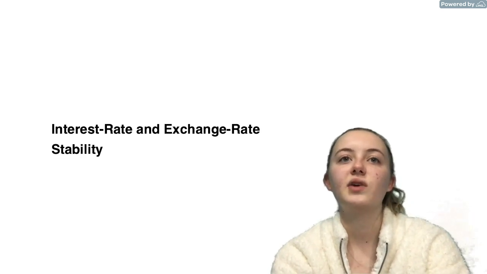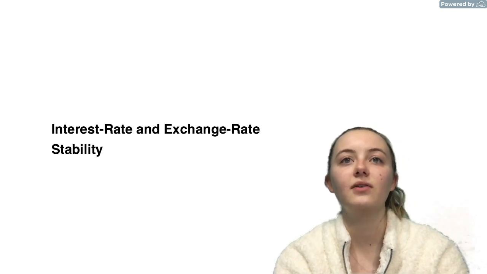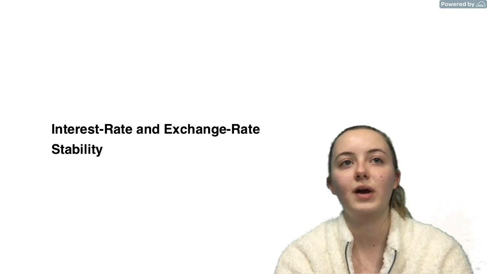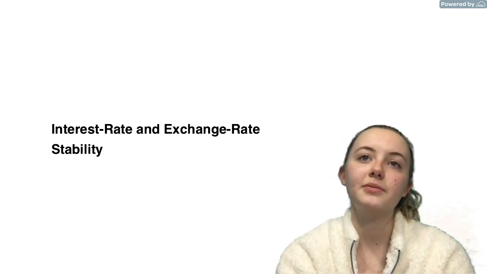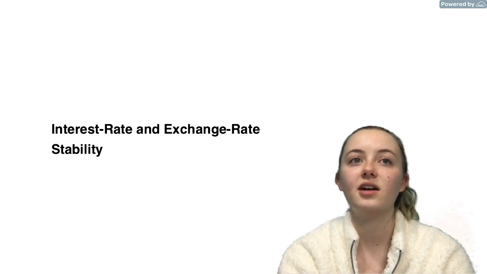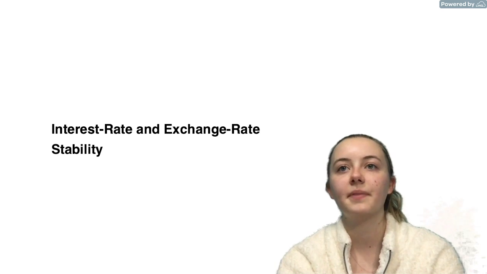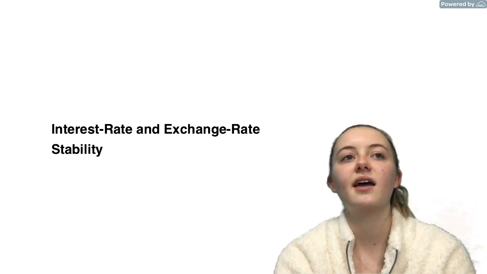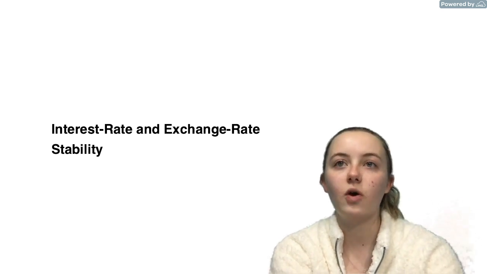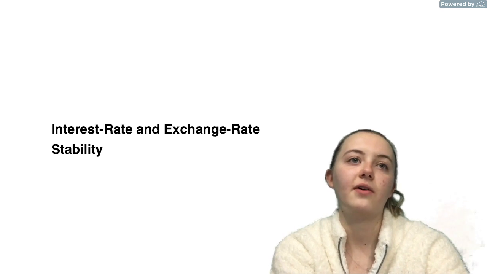Interest rate and exchange rate stability. If you ask them, most central bankers will tell you that they do their best to keep interest rates and exchange rates from fluctuating too much. They want to eliminate abrupt changes, but if you press them further, they will tell you that these goals are secondary to those of low inflation, stable growth, and financial stability. The reason for this hierarchy is that interest rate stability and exchange rate stability are means for achieving the ultimate goal of stabilizing the economy. They are not ends unto themselves.